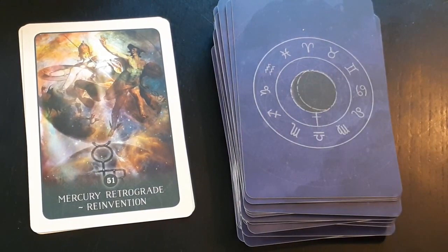Mercury retrograde, reinvention. Oh, Mercury retrograde. Let's see what we have here. Glitches, screw-ups, missed communications, carelessness, cancellations, misunderstandings, unfavorable time for explaining or solving arguments, eruption of quarrels, mechanical failures, missed flights, faulty computers, difficulties reaching a decision, poor judgment, mistaken purchases, unfavorable time to